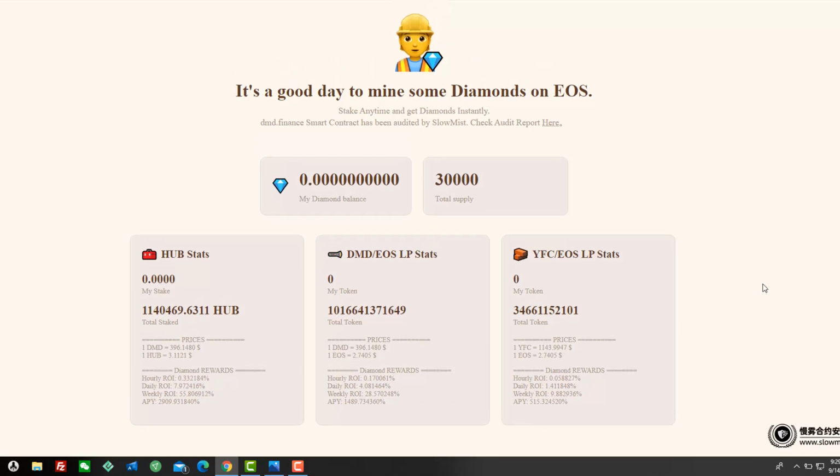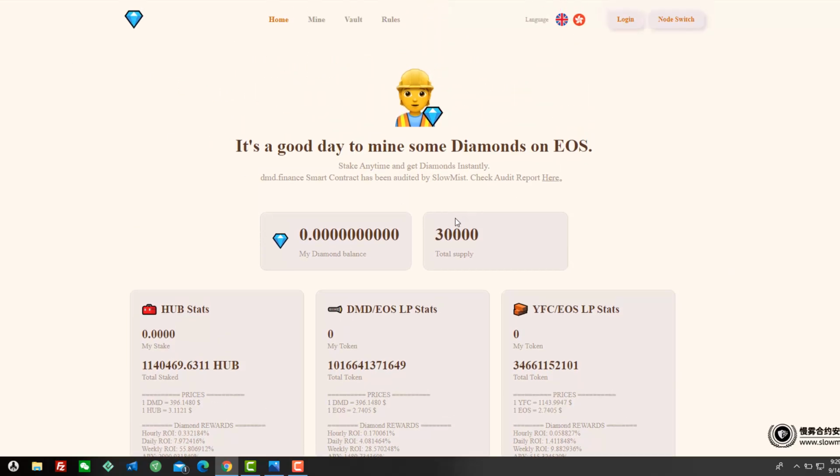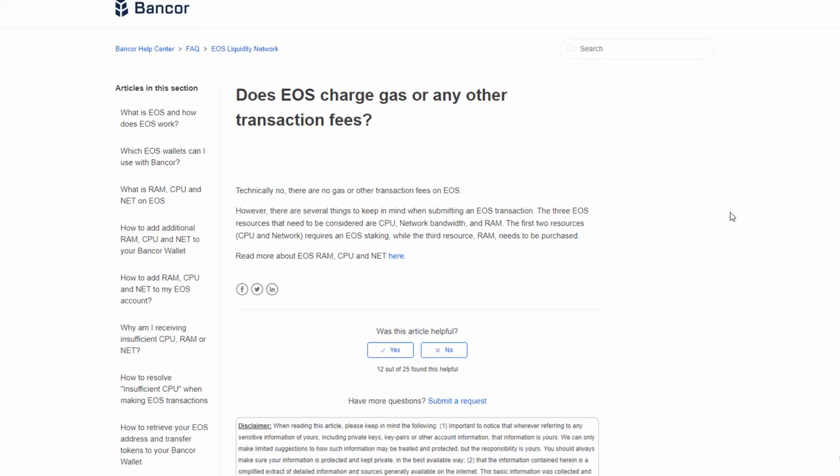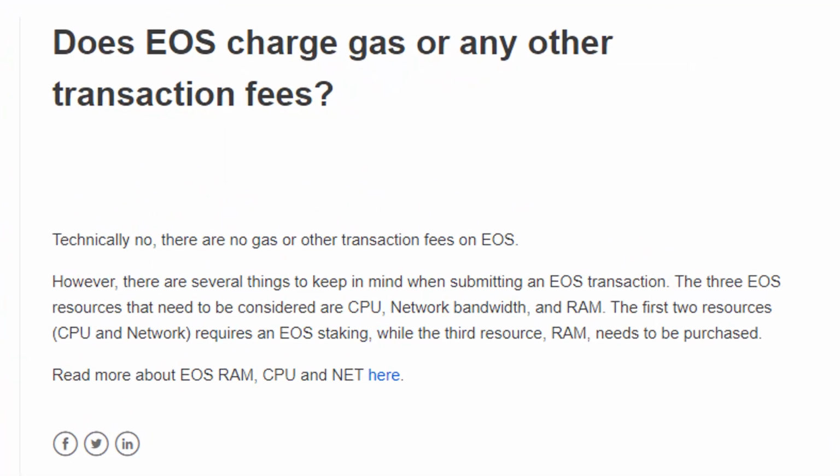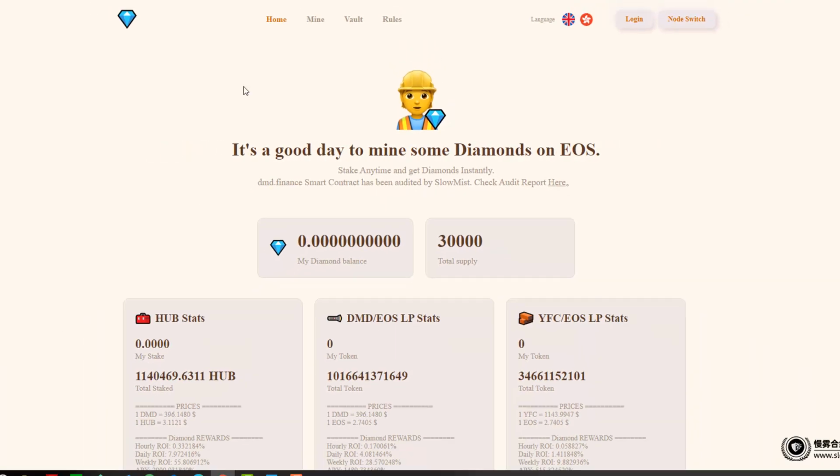However, with EOS, you basically need three things to make transactions free. You need the CPU, so your computer has a lot to do with this, the CPU, the network bandwidth, and the RAM. So if you have a good computer and good network bandwidth, then you're not going to have to worry too much when your transactions go through. They're just going to be free. They're not going to get rejected.